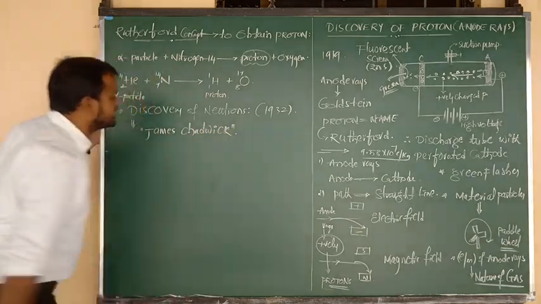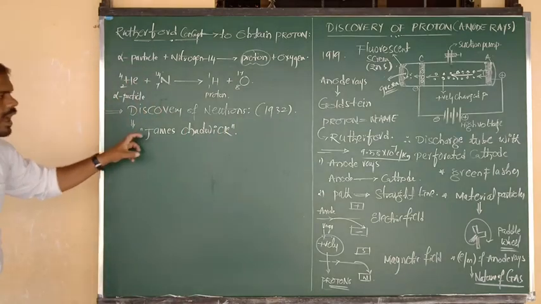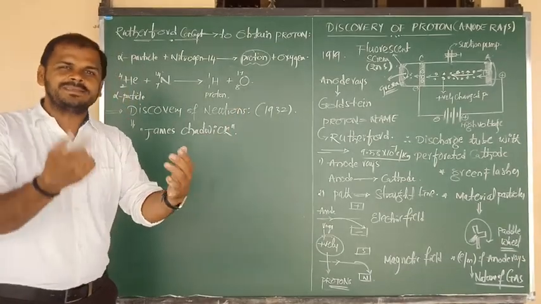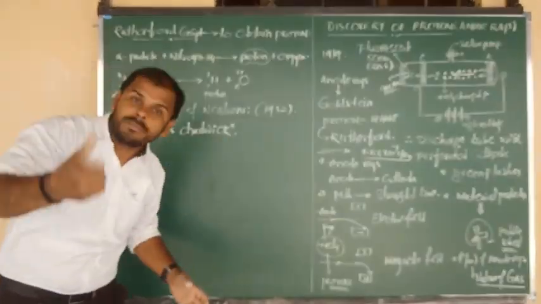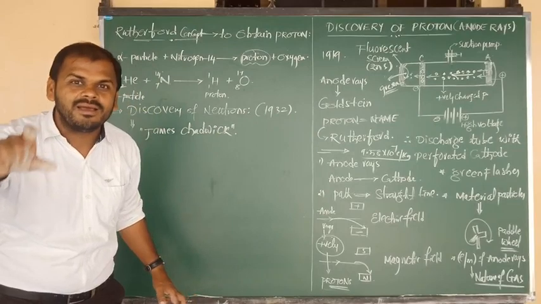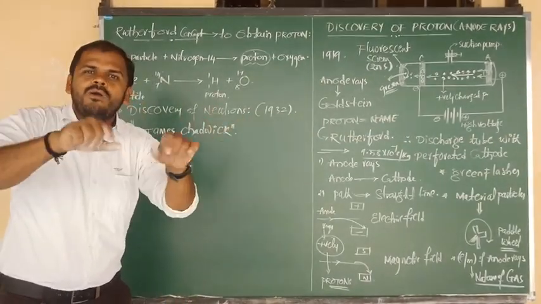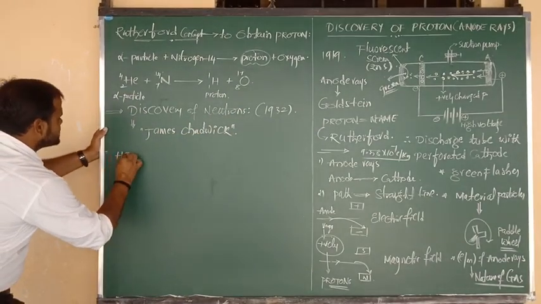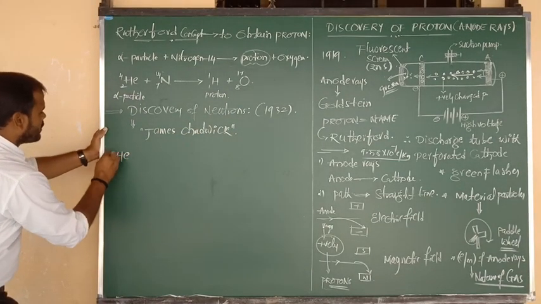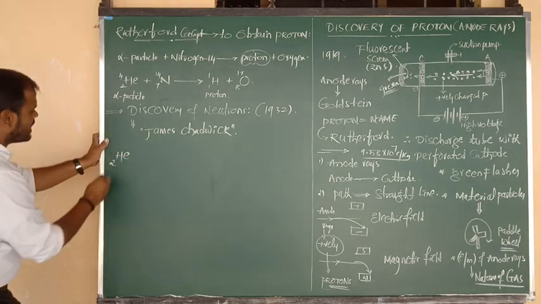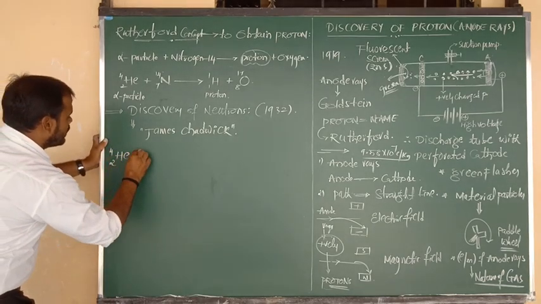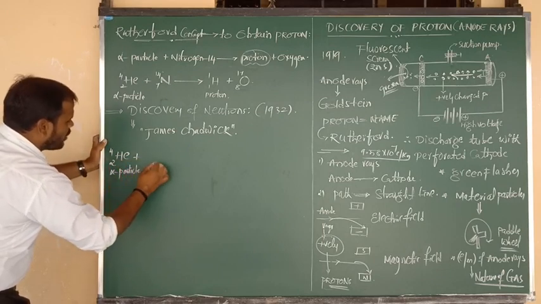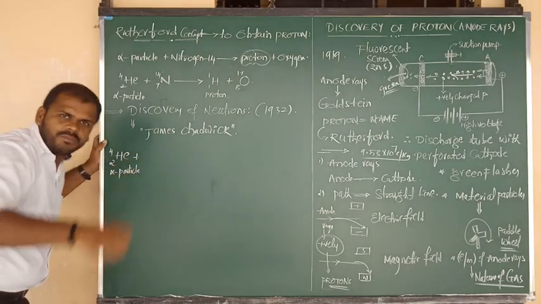The name of the scientist is James Chadwick. So how did he discover the neutrons? By alpha particle bombardment on beryllium. I have told you in the table of all three subatomic particles. So let me consider helium. What is meant by helium? He. Atomic number is 2 and its mass number is 4. So when an alpha particle makes bombardment or collision upon the beryllium atomic nucleus.